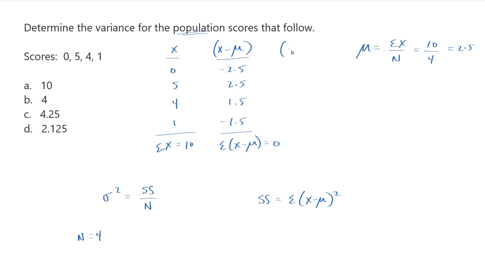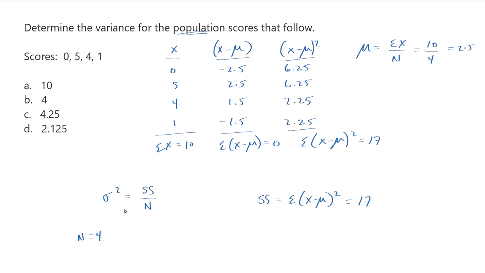Now we need to square these results, and this gives me 6.25. 2.5 squared is 6.25. 1.5 squared is 2.25, and the same thing here. And so what does this give me? That's 8.5 and 8.5. This gives me 17 as a total. So the sum of my squared deviations is 17,